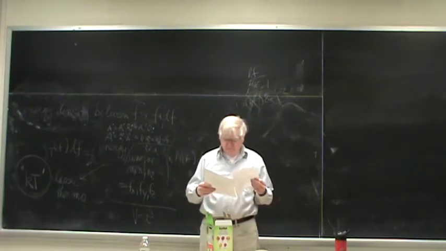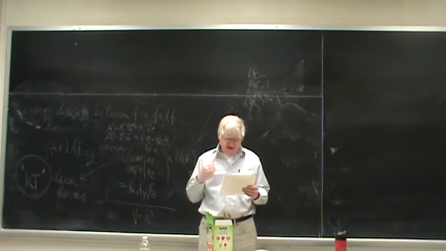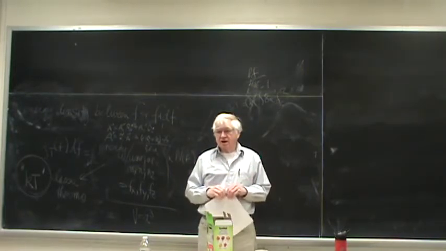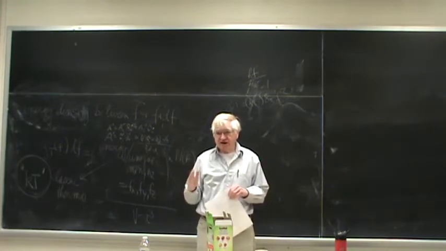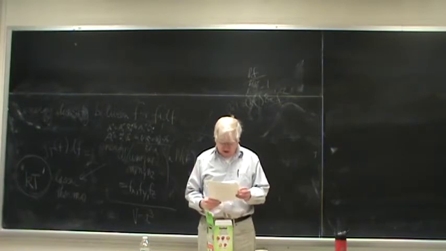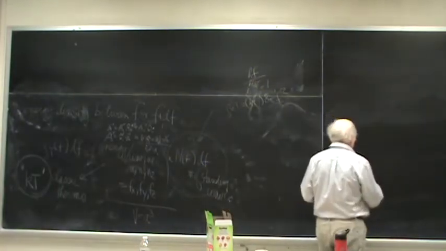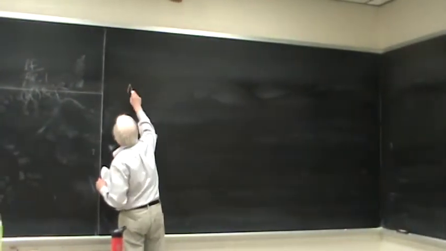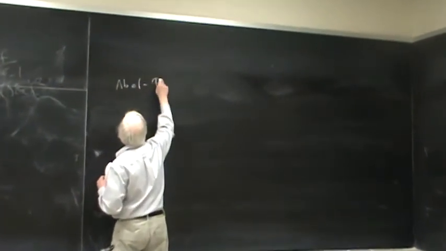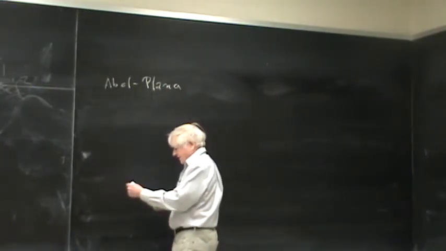But I read them over last night and this afternoon, and it would take the whole hour and 15 minutes to go through just the Casimir effect, and I don't think we should do that. So let me just give you the thing qualitatively. First, if you want to look at these pages, let me say that there's something called the Abel-Plana formula,